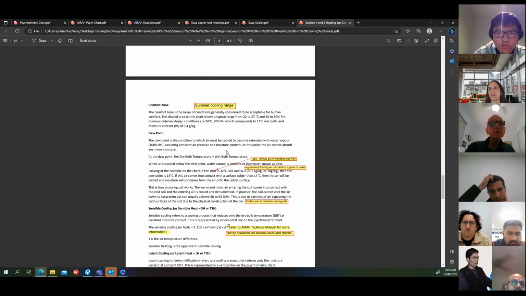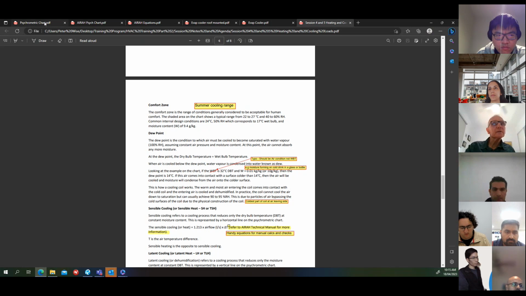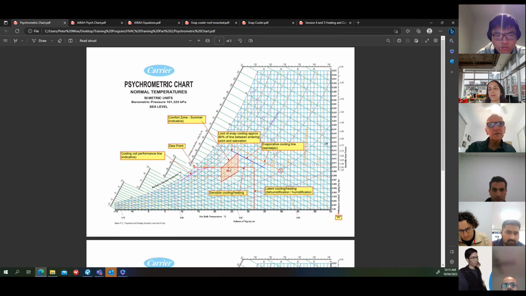Now the dew point. The dew point is the condition to which air must be cooled to become saturated with water vapour, i.e. 100% RH, assuming constant air pressure and moisture content. At this point, the air cannot absorb any more moisture. At the dew point, the dry bulb temperature equals the wet bulb temperature. So again, looking at the chart, if you take this horizontal red line here,